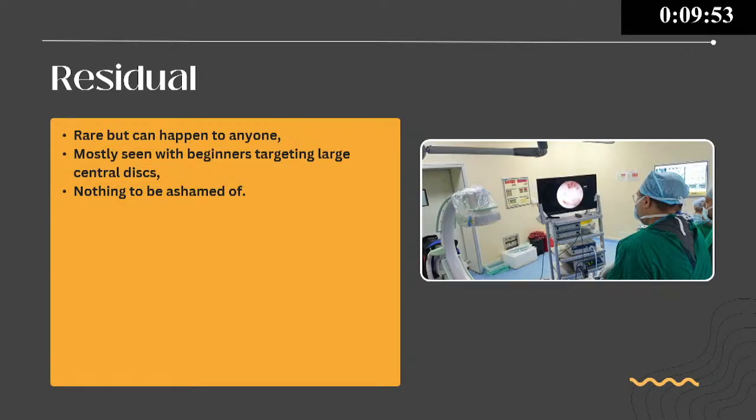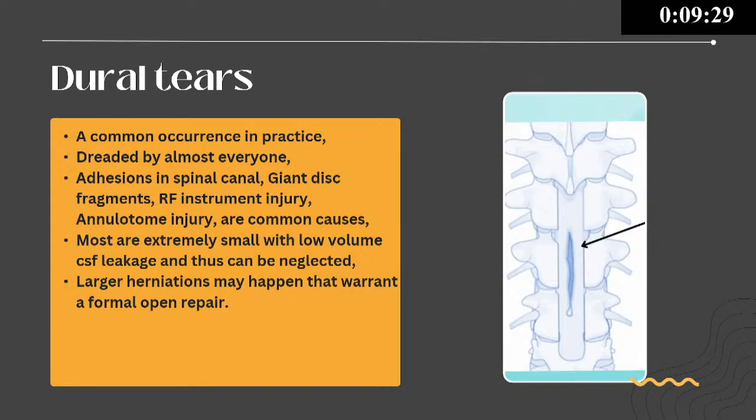But residual is somewhat particular to the technique, because initially what happens is you are taking a lot of time doing the bone work and your bony decompression is not complete. You're not able to retract the lumbar dura completely. You're not able to expose the shoulder properly. So this happens, and residuals in the initial part will be there, especially for a central disc and a foraminal disc, because these are two discs which are not easy to do when you are taking up UB initially.